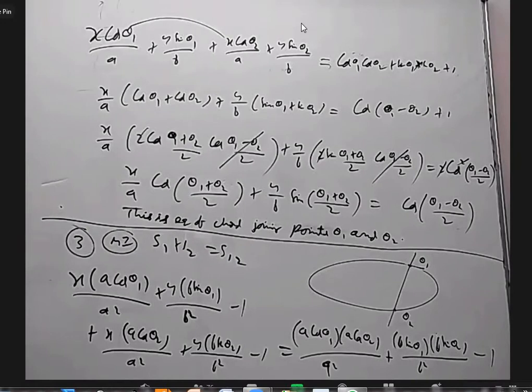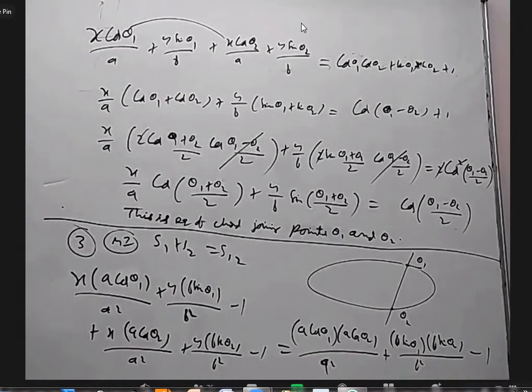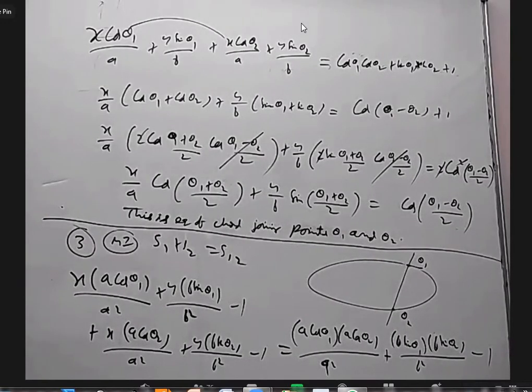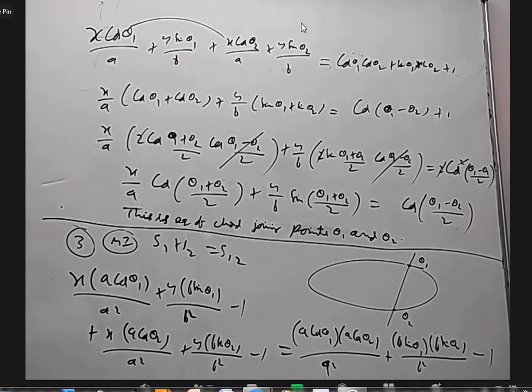Okay, after this, I am not going to do method 2. That is, if you know 2 points on a line, you can use y minus y1 equal to y2 minus y1 by x2 minus x1 into x minus x1. By that method also I can do and get the same answer, but not necessary.